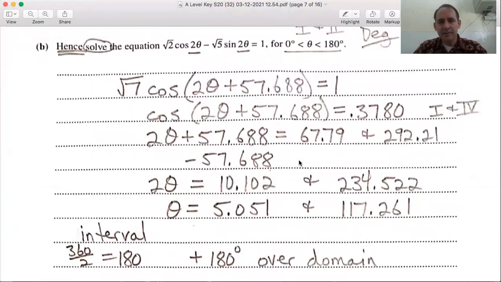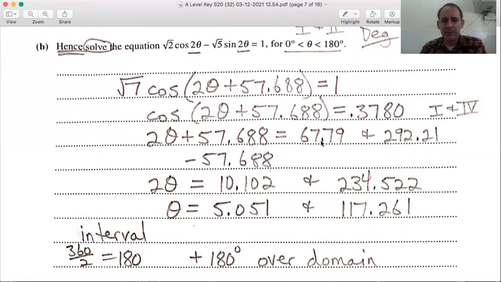Now this is basically algebraic solving until we get down to the trig part. Divide by root 7. 1 divided by root 7 is 0.3780. Now we need to do the inverse cosine, and this is positive. Cosine is positive in the first and fourth. So inside the parenthesis, 2 theta plus 57.688 equals, here's our first quadrant answer, here's the 4th quadrant answer. So 67.79 is our reference angle. It's also the first quadrant. When we put that into the 4th quadrant, we get